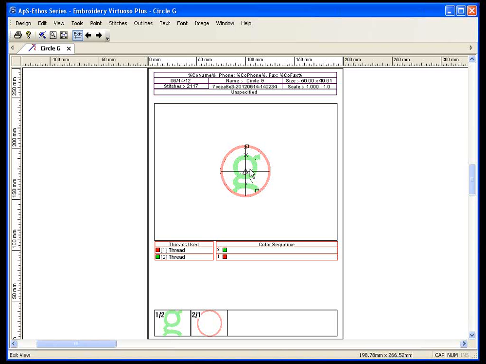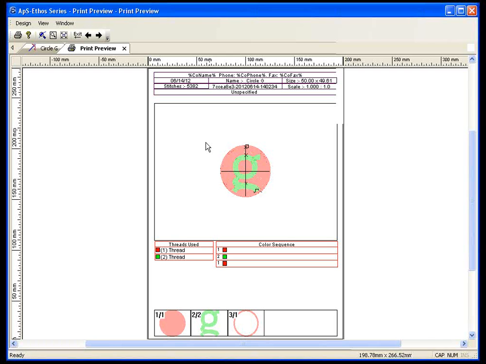Now go to print preview. So there's my sequence. Fill, green G, red border. Okay? Here's my sequence. Fill, green, and then red border. All right? So my snapshot is not necessarily showing me